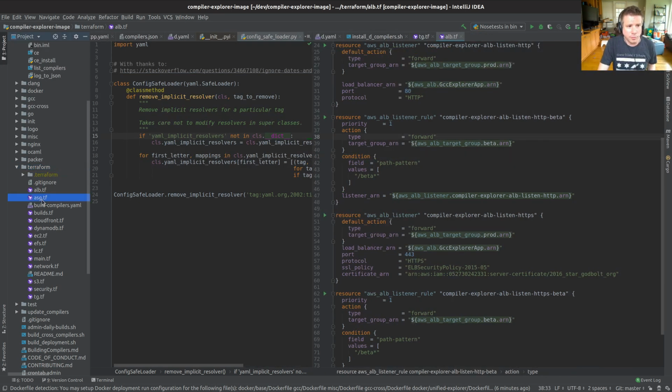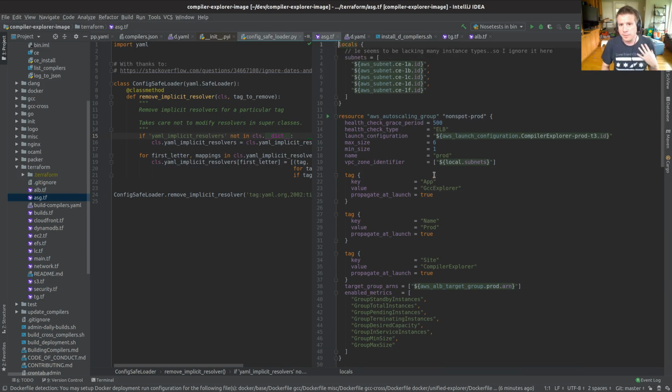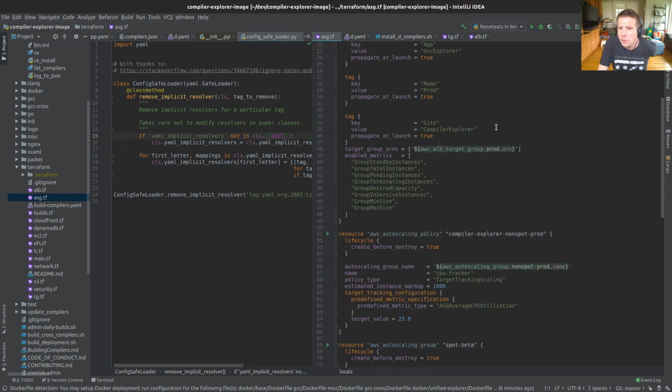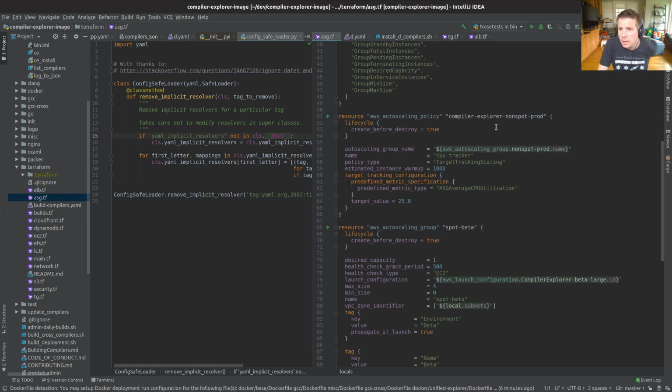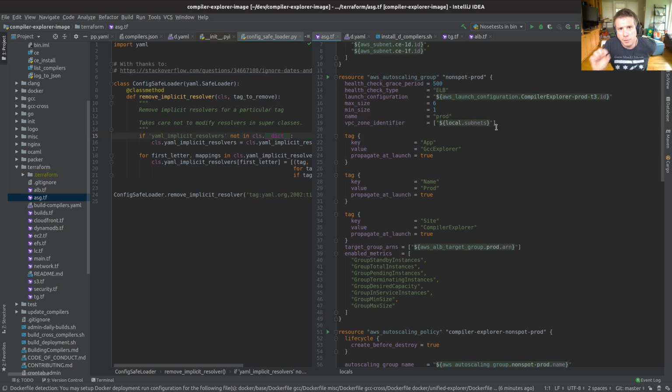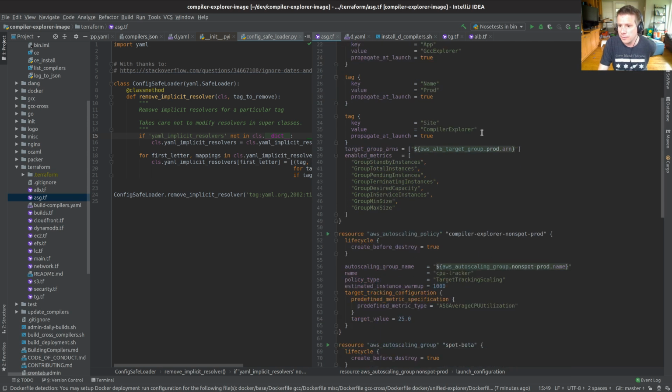I'm going to find an auto scaling group. So let's look at those first. Okay, so there's the non-spot prod. That is, is that spot instance of the bidding? So this group here is for the production group, as in the main site, and it's the not spot. That's the one I actually just pony up for, because then I can guarantee I get those instances.